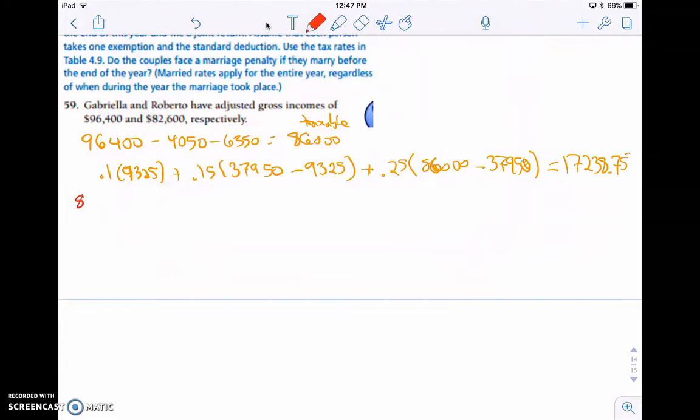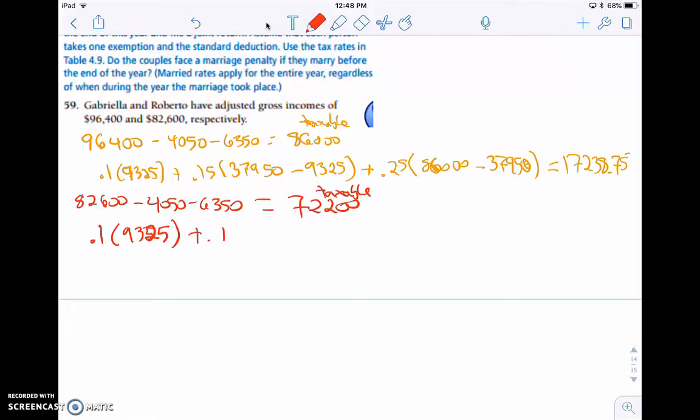So Roberto, he's got $82,600 in income minus the exemption minus the standard deduction. So for him, we get $72,200 is his taxable income. So we're going to follow all the same process here. So 10% of $93.25 plus 15%, so he's above the 15% bracket, so he gets the full